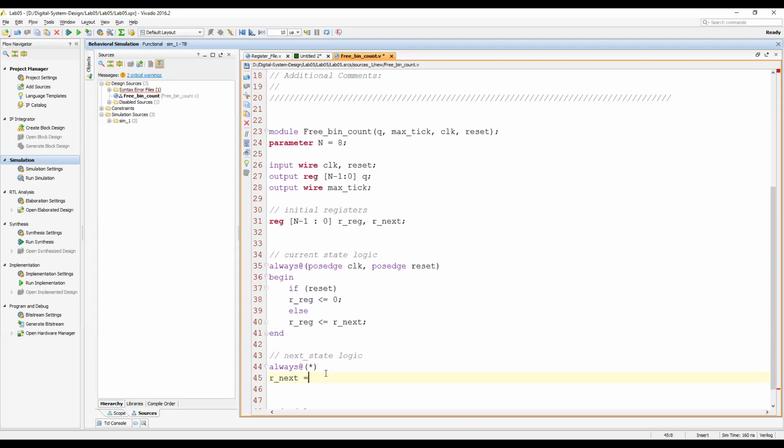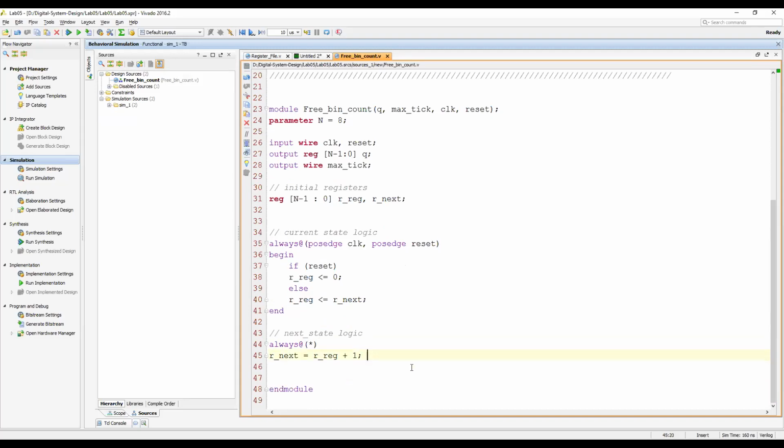R_reg is the current state plus 1, so you keep counting to the current state. If the current state is 0, then add 1 to the current state. It becomes the next state, and then this next state will go to the current state. So the current state will keep updating 1, 2, 3, 4, 5, 6 like this. Okay, so it's a very simple next state logic.